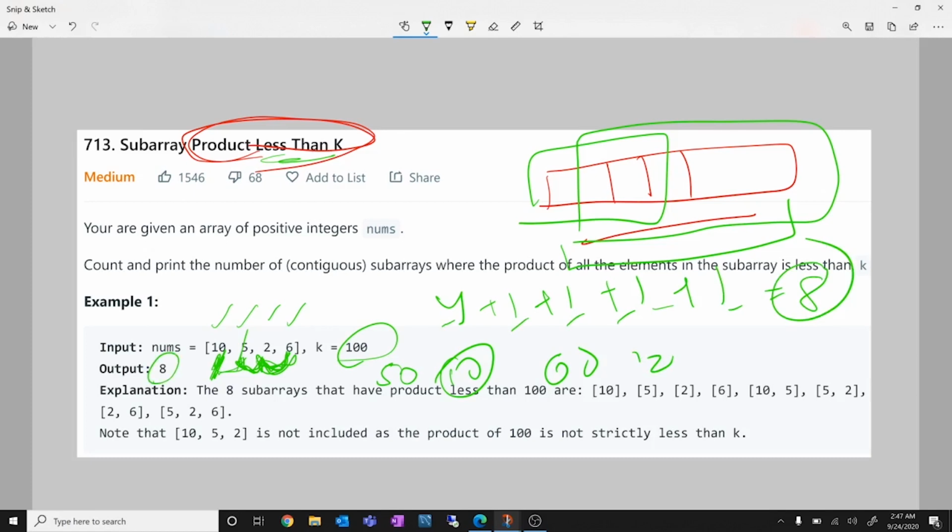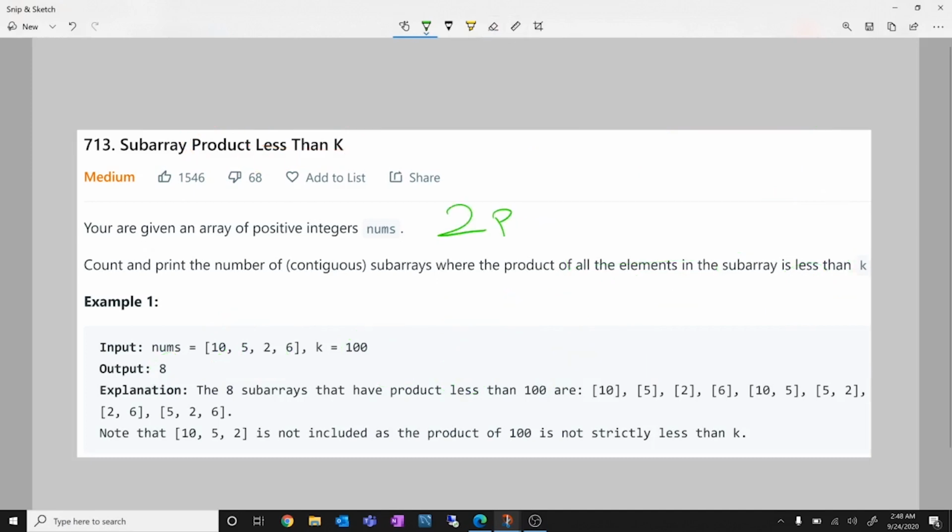So this is what we have to do in the question. We have to find the total number of subarrays whose product is less than k, right? Let's discuss the technique that we are going to use. The technique we are going to use today is called the two-pointer technique. What the two-pointer technique is, is that we take two variables or two pointers, which point to different elements in the array, or sometimes they can overlap as well. Let's discuss how this will work.